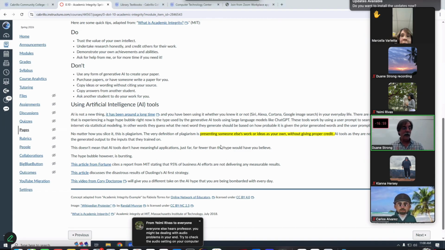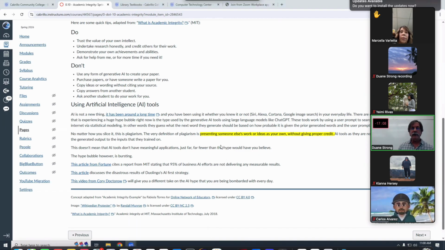I fell prey to this. I was buying a Kindle book on Amazon on technical writing. And I got it, and it was so obviously just generated by AI. It even had the prompt junk still in it. And I was like, really? So yeah, that's where we are right now.